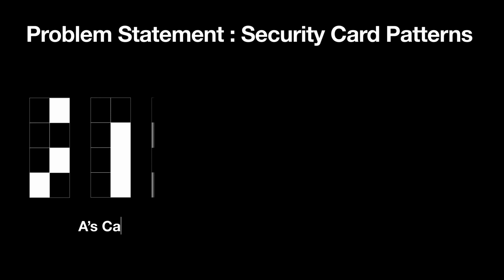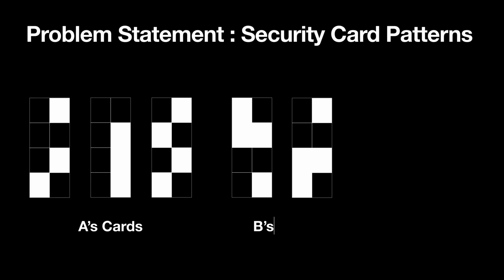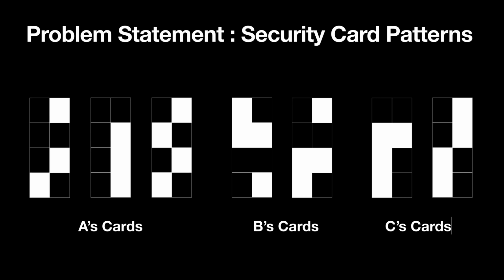3 sets of key cards with security patterns are given to 3 persons. Person A has 3 cards, while person B and C have 2 cards each. To unlock the lock, first A has to insert any 2 of his 3 cards, then B has to insert any one of his or her 2 cards, and finally C has to insert any one of his or her 2 cards. The cards have to be inserted in the order A before B before C. We need to design a neural network that can unlock the lock using the aforementioned logic.